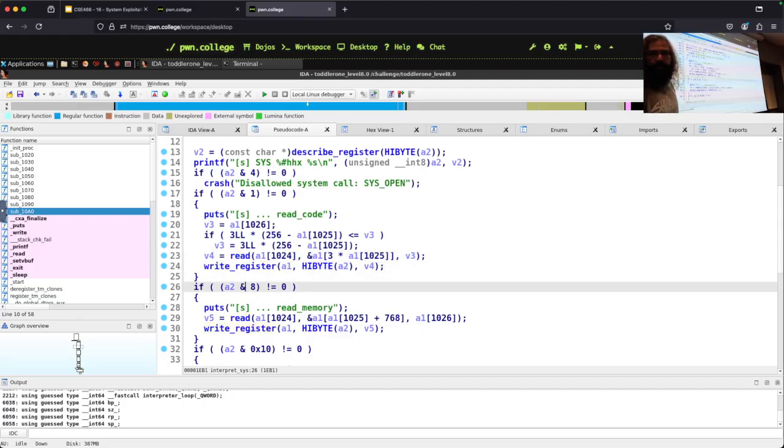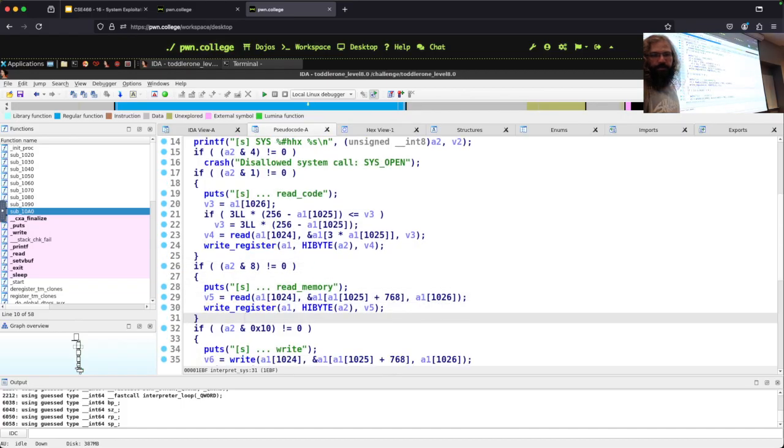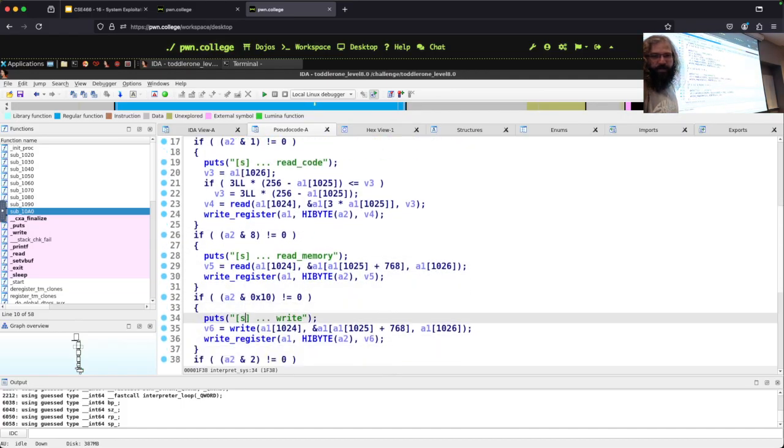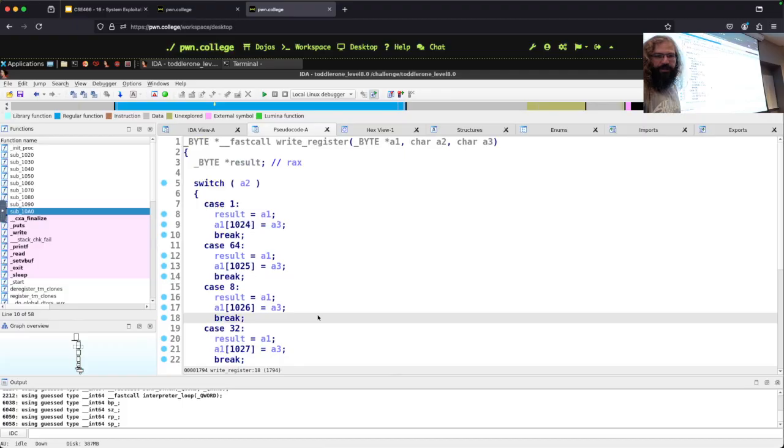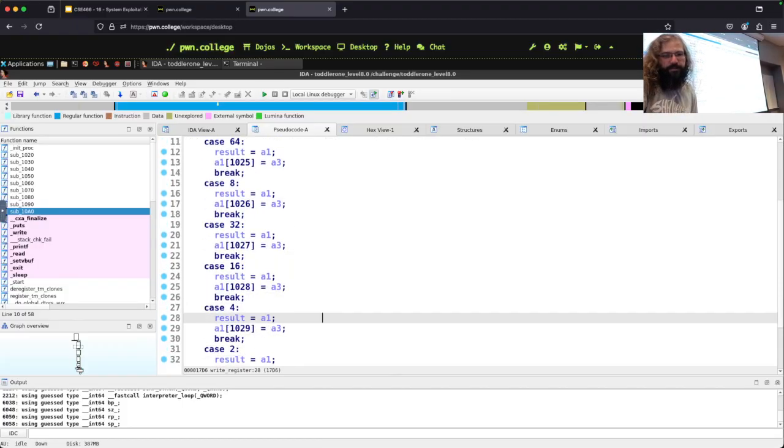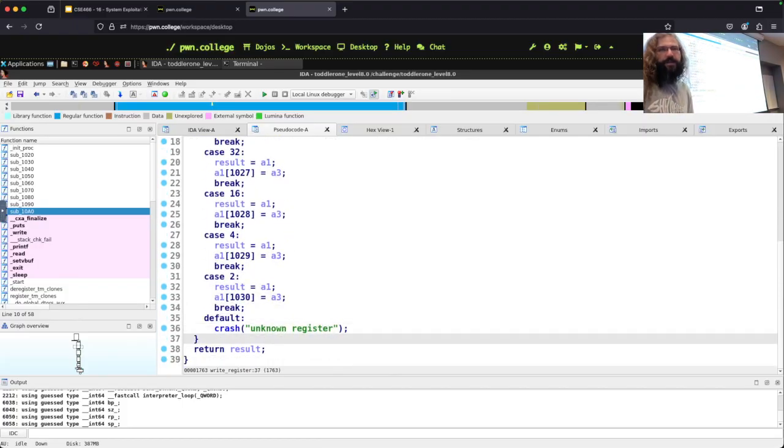If we go a little bit lower, we see read memory, we see write. And if we go into the implementation here, again, these are going into some other function. They aren't performing a raw syscall.